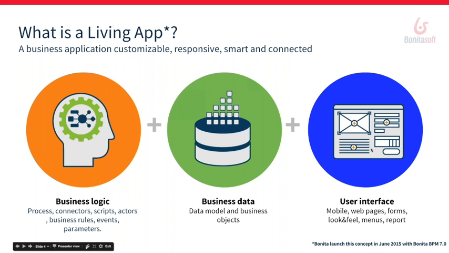So how do we do that? We introduced actually in the 7.0 in June 2015 the concept of a living application. The living application for us is a business application that will continuously change, improve, and adapt according to your business changes, users' feedbacks, and so on. So to be able to never be stuck with one application